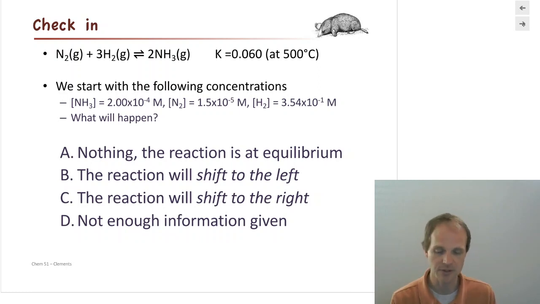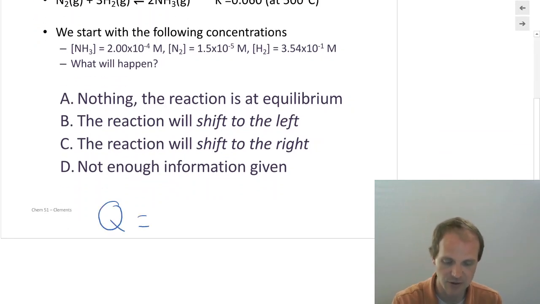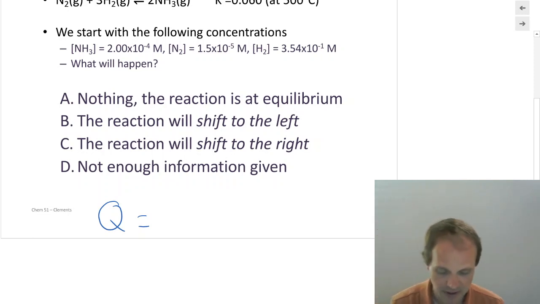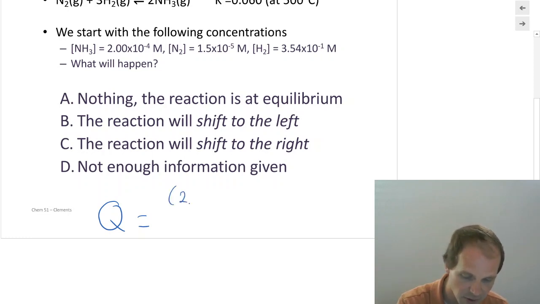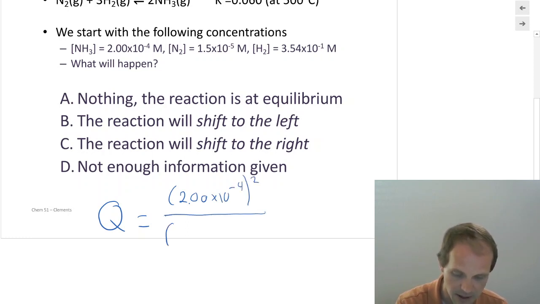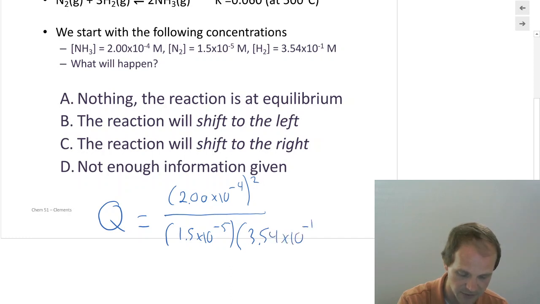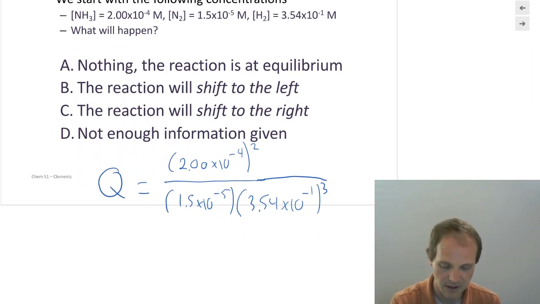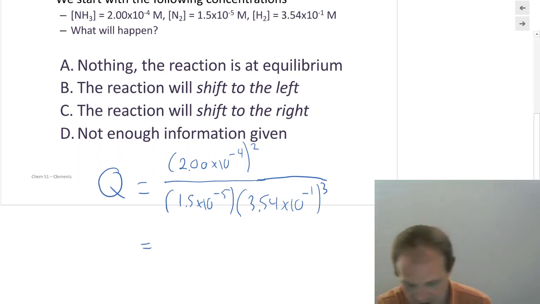All right. Well, hopefully what you did is say, hey, I've got these concentrations. I don't know if my reaction is at equilibrium. Let me calculate Q. It has the same form as K. I'm not going to write it again, as we already wrote it on the last slide, I'm just going to plug in my numbers. I've got ammonia 2.00 times 10 to the minus fourth. I'm going to square that one. My N2 is 1.5 times 10 to the minus fifth. And my H2 is 3.54 times 10 to the minus first, or 0.354. And I'm going to cube that one. If I plug all of that into my calculator, I get